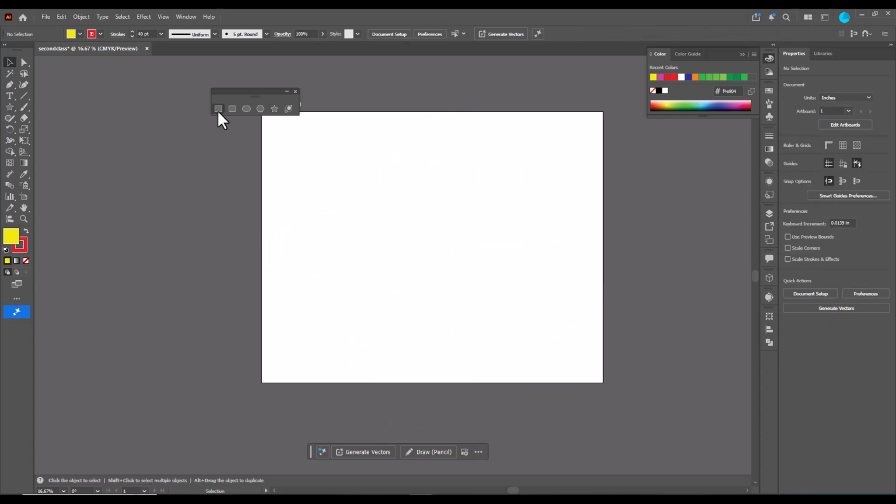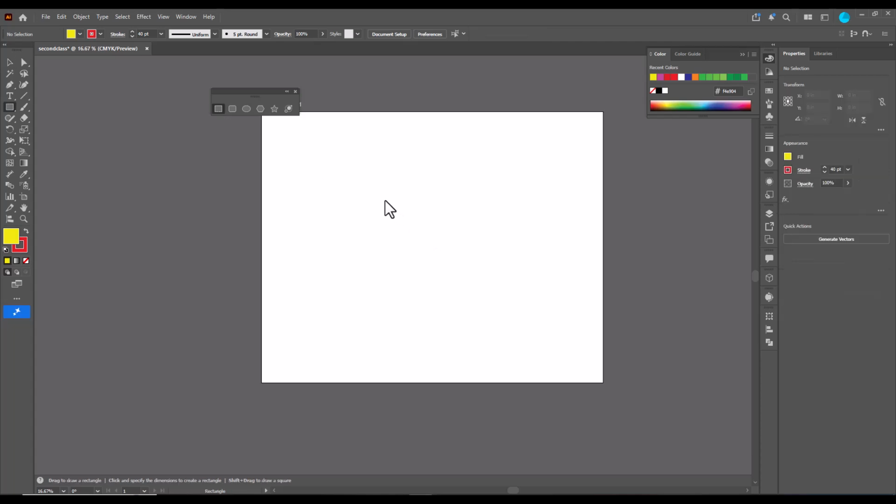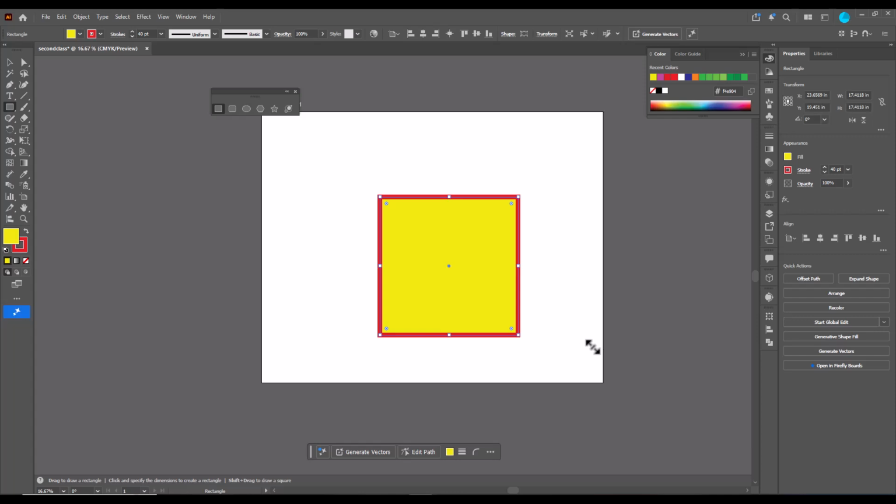and then here we will come back to the rectangle tool, and if we want to create a square instead of a rectangle, we simply need to hold Shift and drag the rectangle shape. So now we will be creating only the square and not the rectangle. Right,